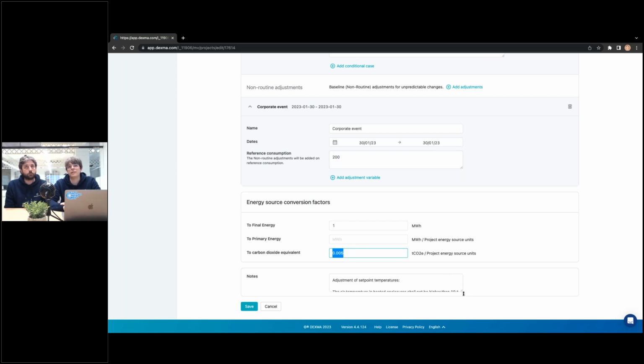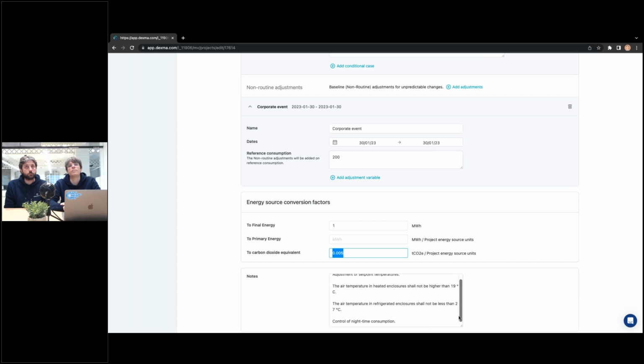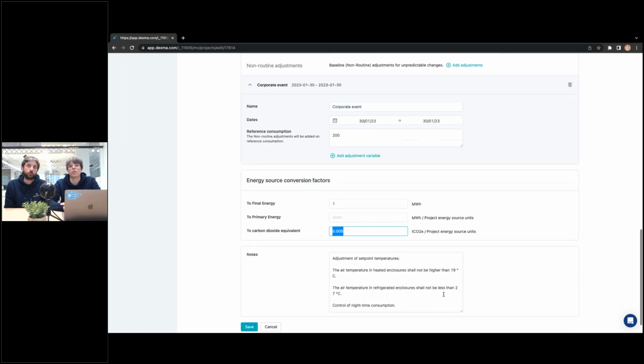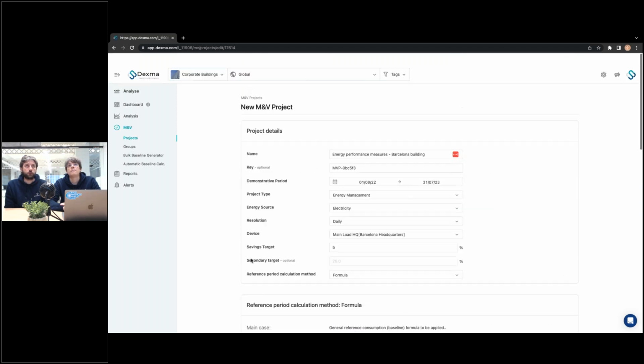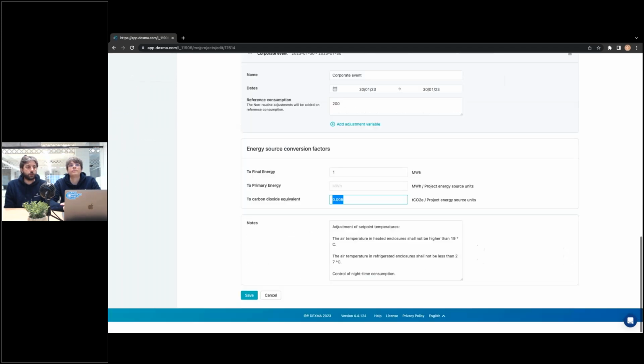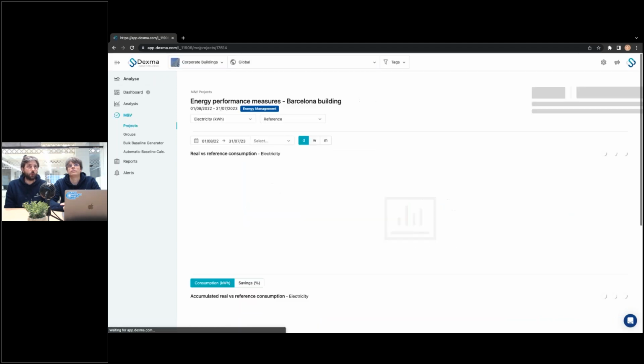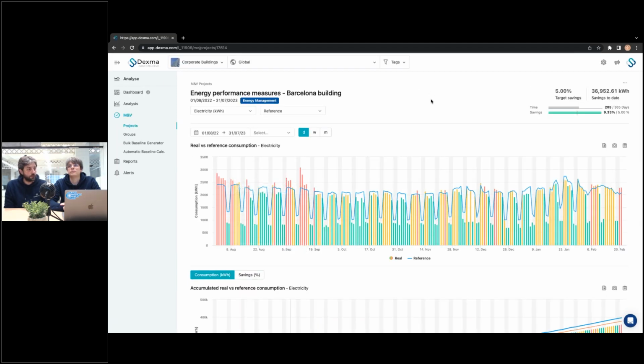And we have a field here to write our energy performance measures, or anything that we deem relevant of the project, in this field here. So note, for the ones that know how the IPMVP protocol works, all these concepts, all these adjustments,